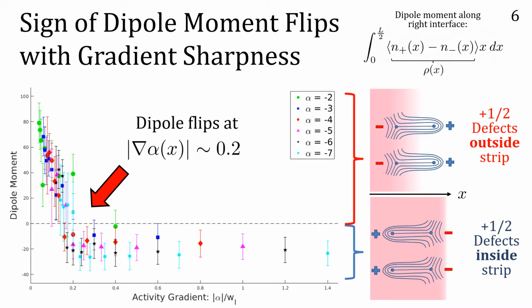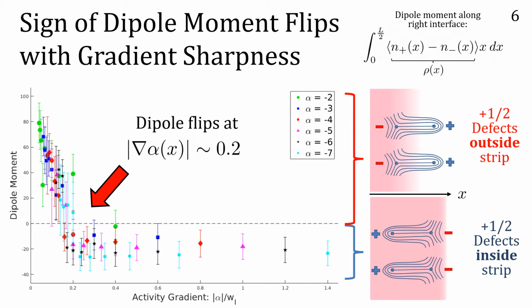We repeated these simulations varying both the magnitude of the activity and the width of the interface. We can calculate the time-averaged net topological charge distribution, ρ, by subtracting the +1/2 and -1/2 defect density distributions, and then we can calculate the dipole moment across an interface by integrating that charge distribution over half the simulation